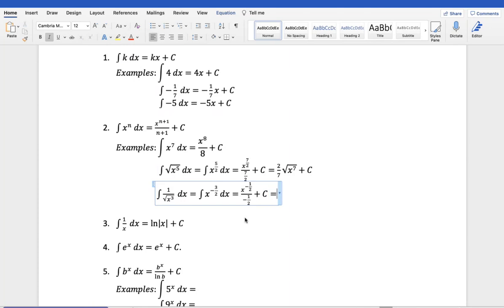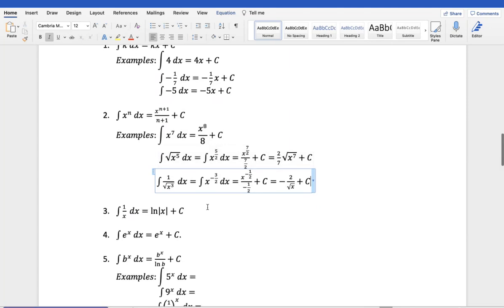And this can be further simplified to just be -2 divided by the square root of x plus the constant of integration c, right? So you can clearly see that there's a pattern to these types of